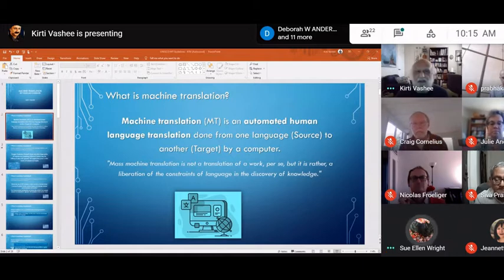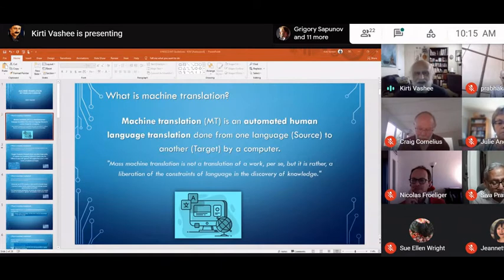Yes. Okay. So machine translation is an automated human language translation done from one language to another. When we speak about it, we always talk about a source language and a target language. And this enables a discussion around machine translation pairs of languages. There's always a pair, a source and a target, and the source and target can vary. It used to be very often always related to English, but now this is not true, and there are many